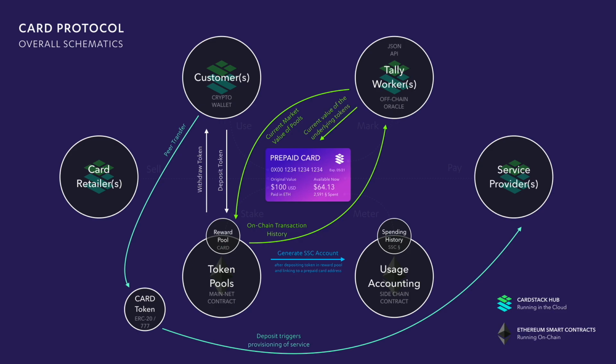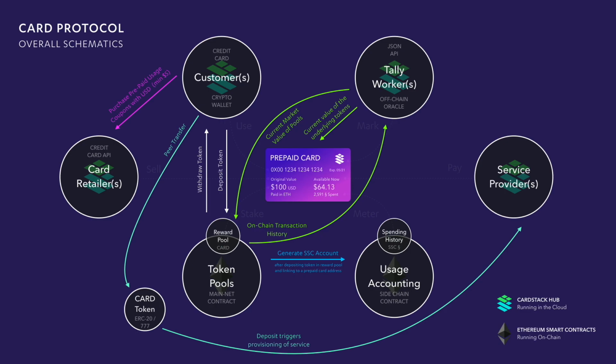Next step is that we now know what the current value of the underlying tokens is, because the prepaid card, which is the SSC account, is created. Now I can, per user, not just overall at the pool, tell each user in the prepaid card how much is used, especially if some usage is already done. And if you haven't used anything and you staked a currency that's fluctuating, then it will already be marked to market. So the available balance will go up and down with the underlying asset that's creating the